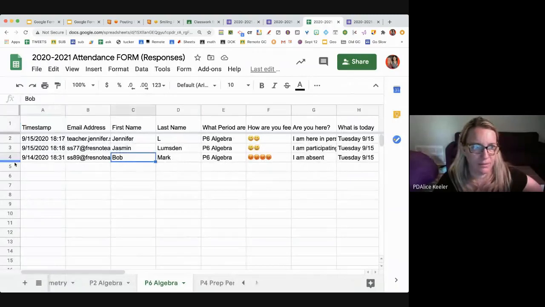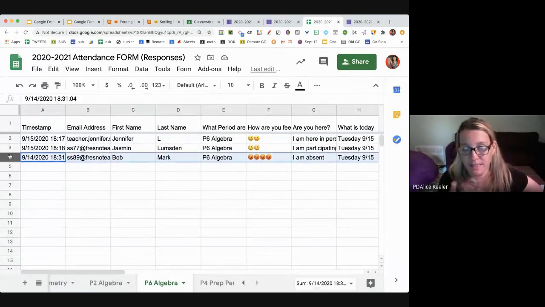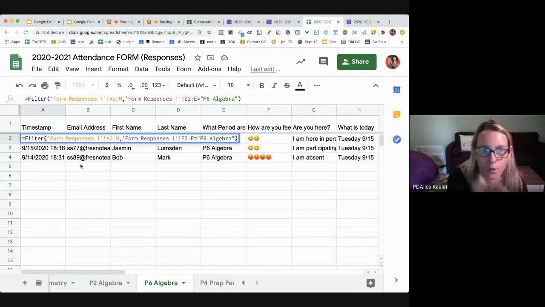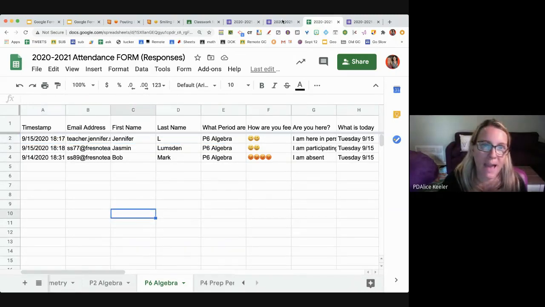Yeah, right? So I just now clicked on the period 6 and it showed up. And the reason it works is because it's actually using a filter. So it's filtering the original sheet for period 6. The problem is if you get a new value that it wasn't expecting. So if I go back to my form